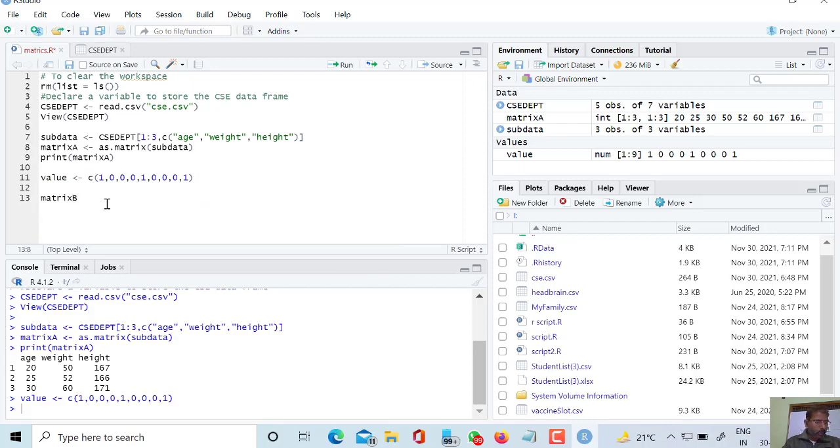Matrix B, I am creating another matrix so that we can perform mathematical operations.